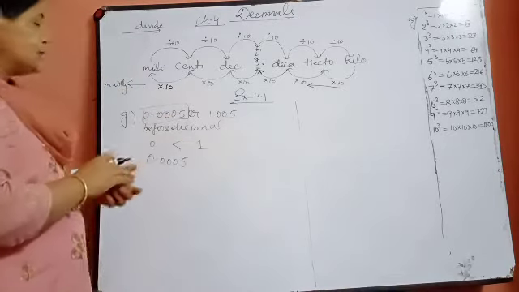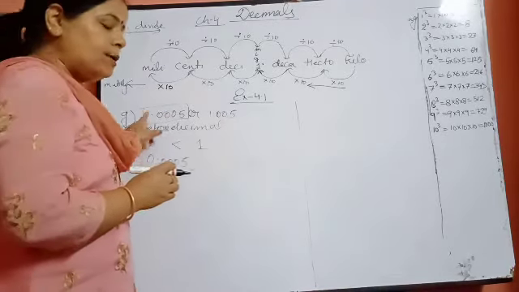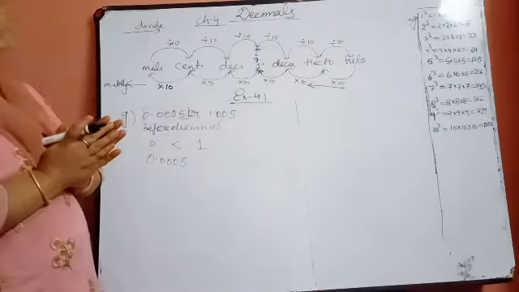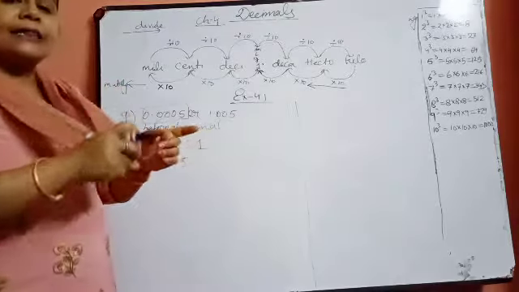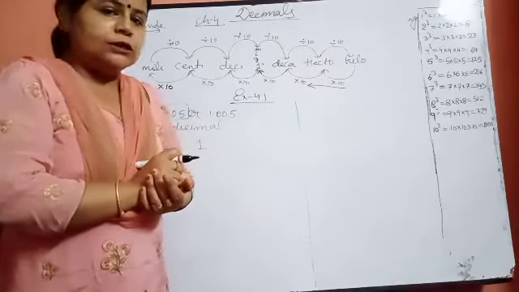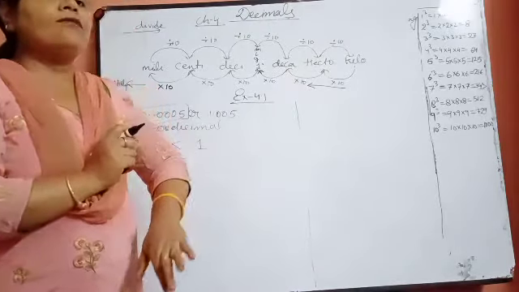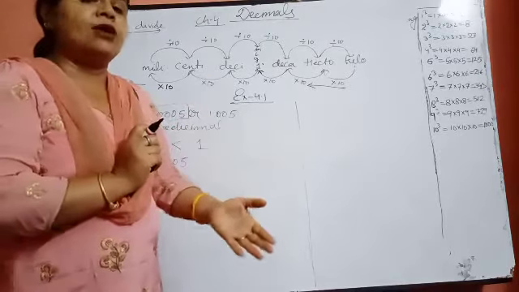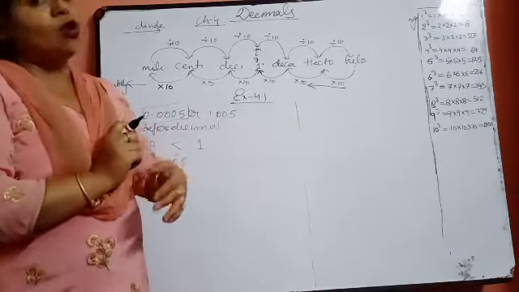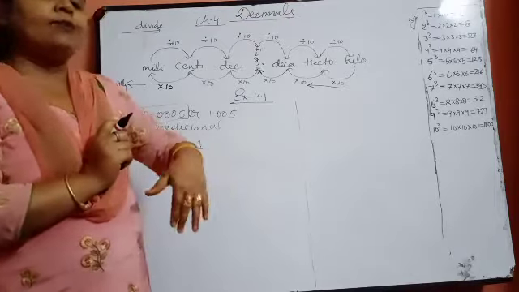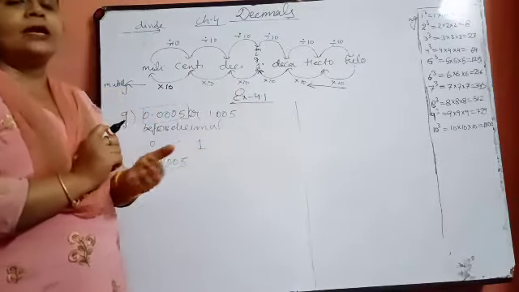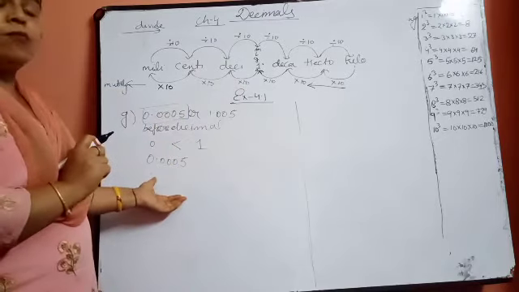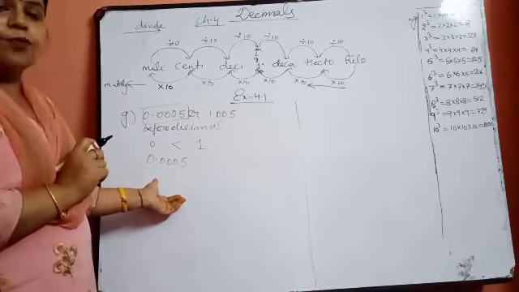If by this value we are not able to decide with the value before the decimal, then we go after the decimal on the first value. If by that value also we are not able to decide, suppose they are coming equal, then we will go to the second value after the decimal. If by that value also we are not able to decide, then we will move to the third value. So in this way, one by one, we will compare the values and move to the result. This is the procedure to follow.